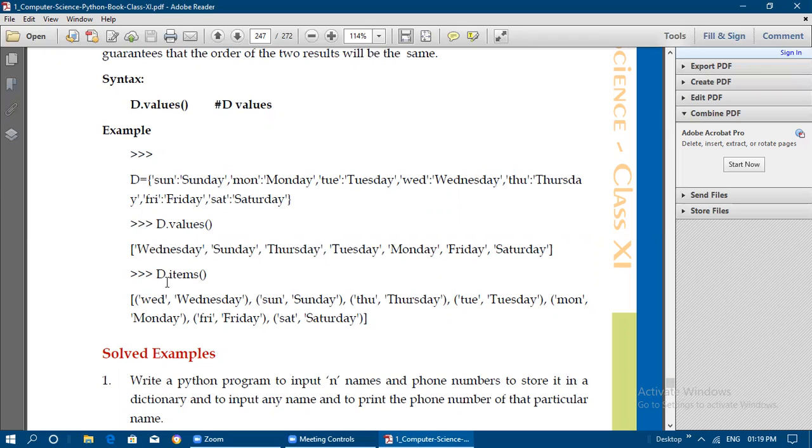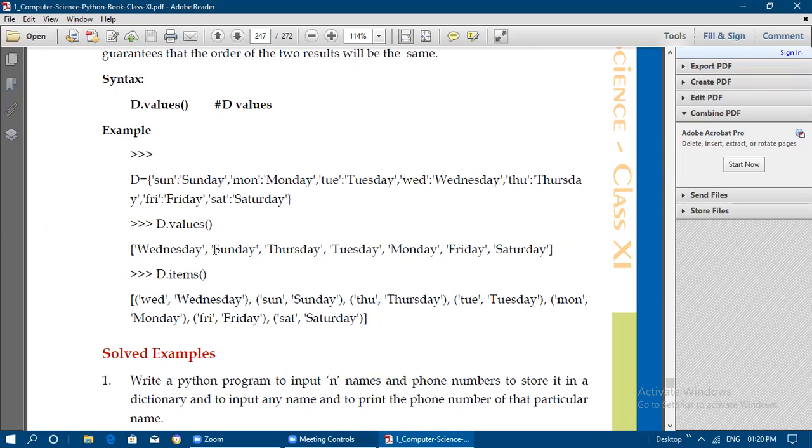But if you print the same dictionary using the items method, the elements Wednesday, then Sunday, then Thursday, Tuesday, Monday, Friday, and then Saturday are printed in the same order as key value pairs. But the key value pairs are enclosed within parentheses as tuples, separated by commas, and all the key value pairs are enclosed within square brackets as a list.